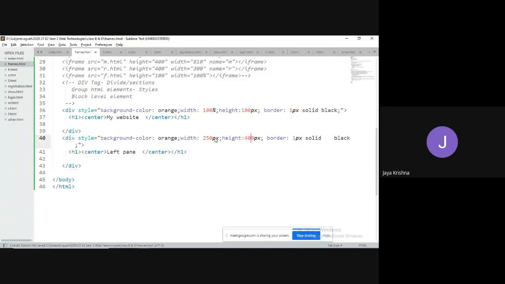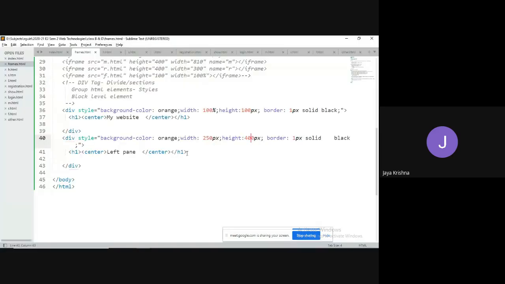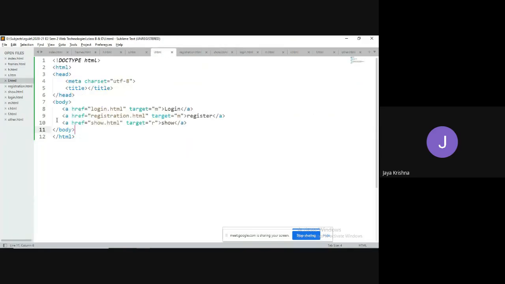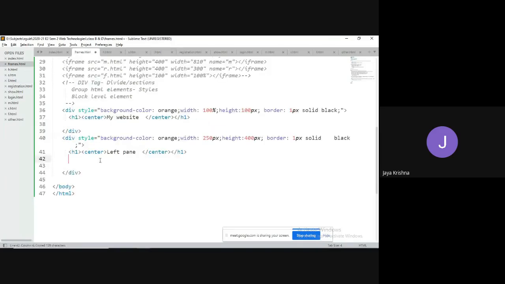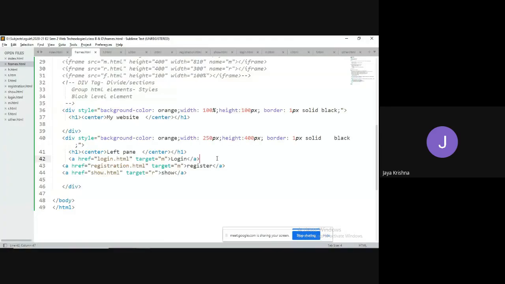Let us try it. Yes. This is a left pane where I can write all the links. For example, I can write l.html. I can copy all this and write it. That's it. If you want to get all this in a new line, you can go for it.